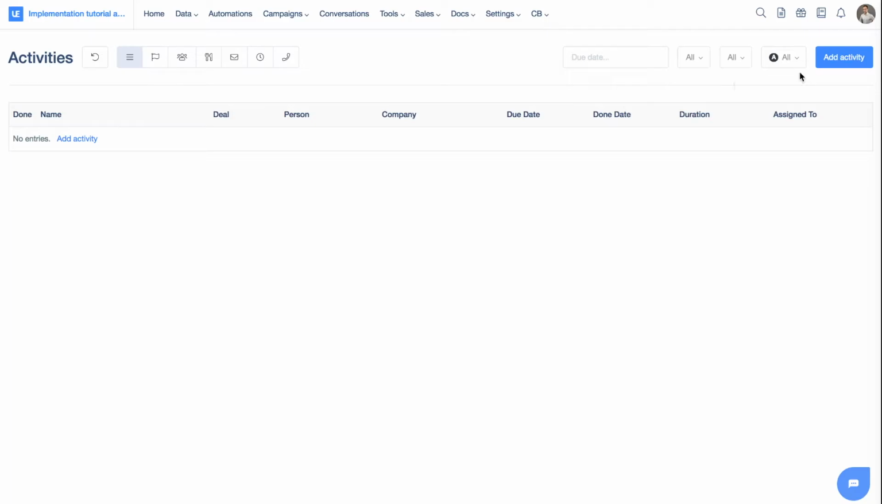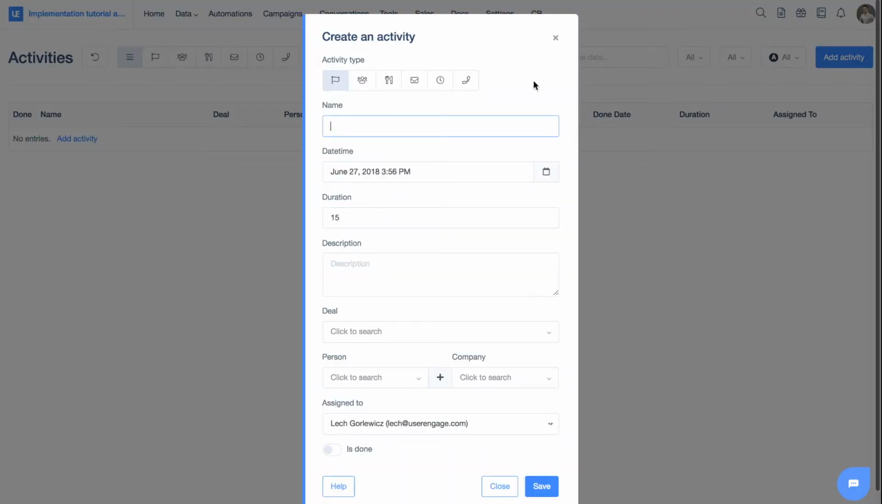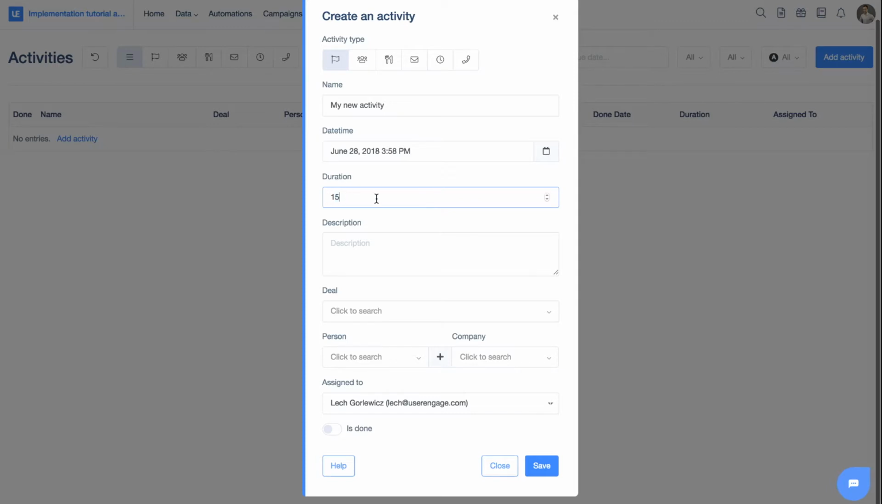So let's create the first activity. As you can see, this form is quite similar to the form that we used to create a new deal. So I'll provide all the necessary attributes. Duration, of course, in minutes, so I'll go with 30 minutes. Short description, but of course it depends on you. Deal. Now, each activity can be either assigned to a given deal or a given user. In this case, I'm going to assign it to a person and a company. So as before,